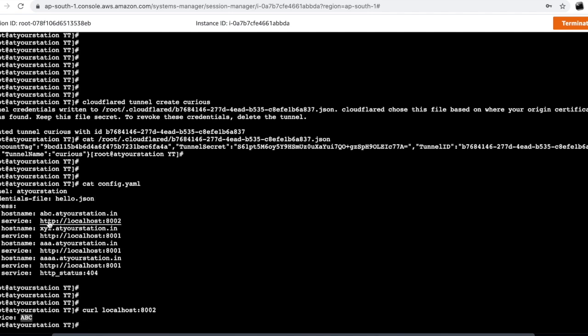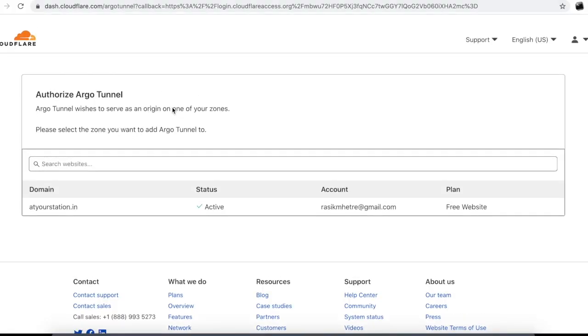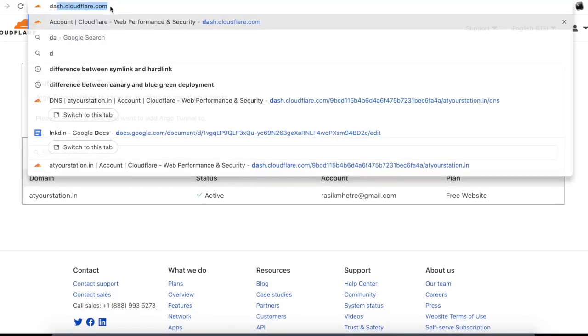So these are the subdomains which I have already created in my Cloudflare DNS records. I can show you. Hold on.